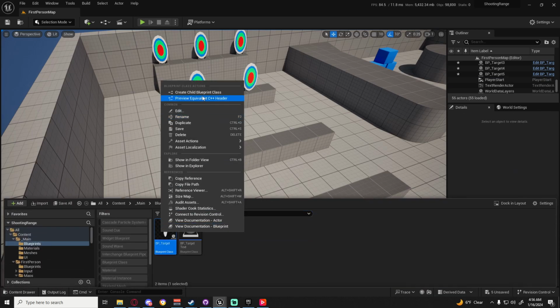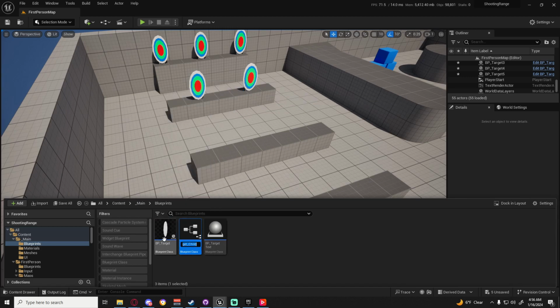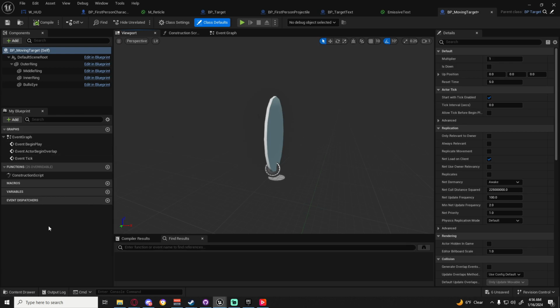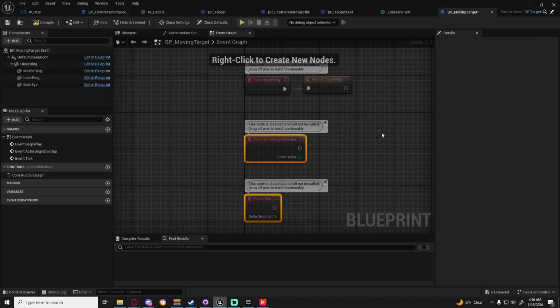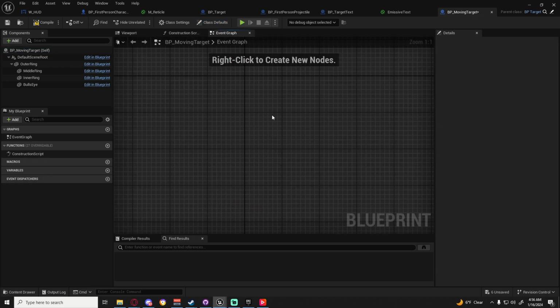So I'm going to right click on this. I'm going to create a child. So it's going to basically inherit all the information from target, but now this will be our BP underscore moving target. And so in here, we don't have to add any of that information that we already had. What we can do is, one, we can go over here to our multiplier and we can set it times 2 multiplier, right? Because this is going to be our moving one. I could have done a float for that, but if you guys want to go like 0.15 or something like that, you'll have to convert it to a float instead. But I'm gonna delete all that. Okay,